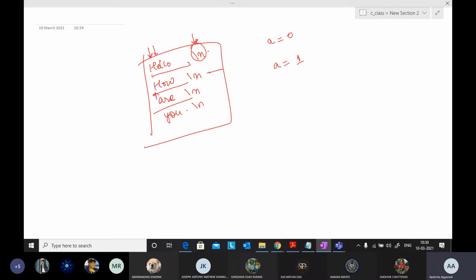Again, when it reaches this point, it will say a equals 2. Two lines have ended. Then the pointer moves on, reads the next characters, then reaches the next \n. So it says a equals 3. Third line has ended. So it is incrementing whenever it encounters the \n.